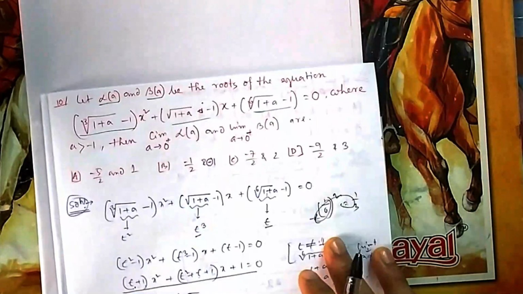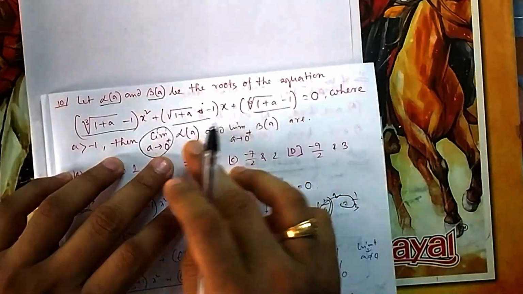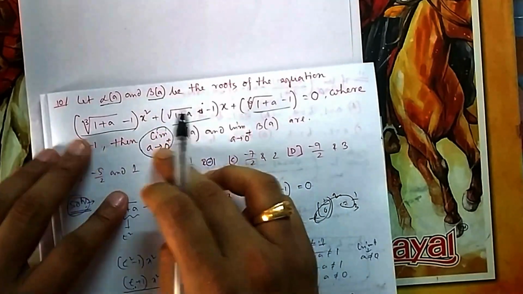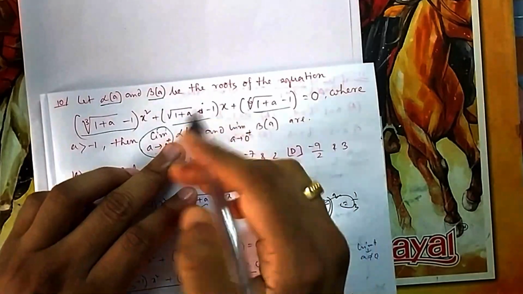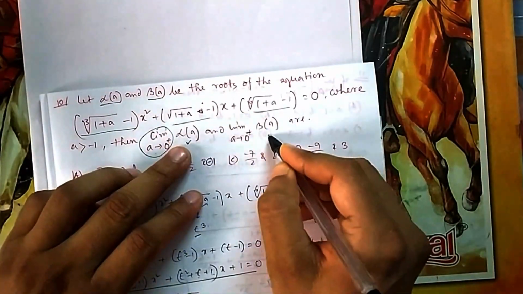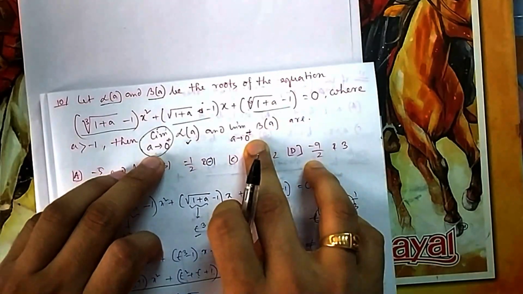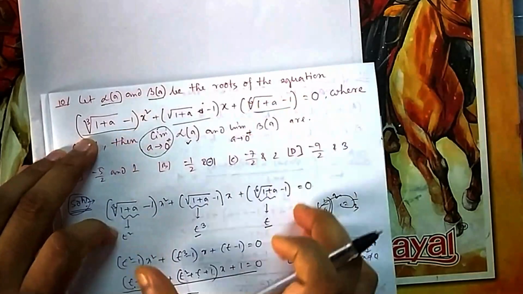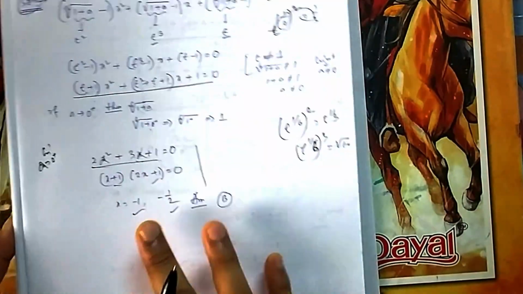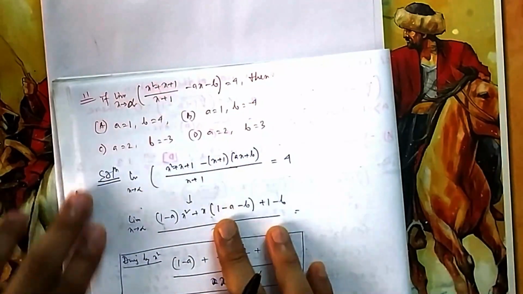That is the answer. So again I am explaining, because they are asking the limit x tends to 0 plus, I am applying limit x tends to 0 plus to the entire expression. Once I get this answer, the roots of this one are these two, because these are the roots of this expression when the limit goes to 0. So I apply the limit going to 0 plus, I get the expression, then I factorize it to get the roots.